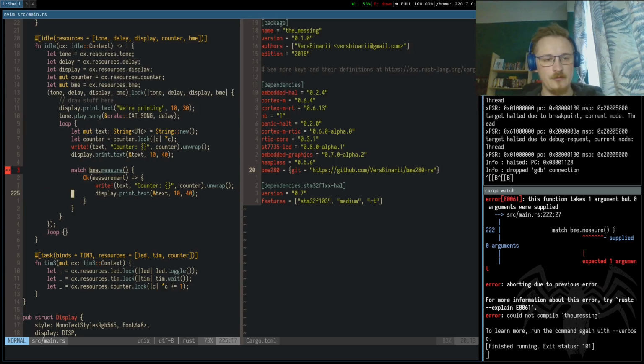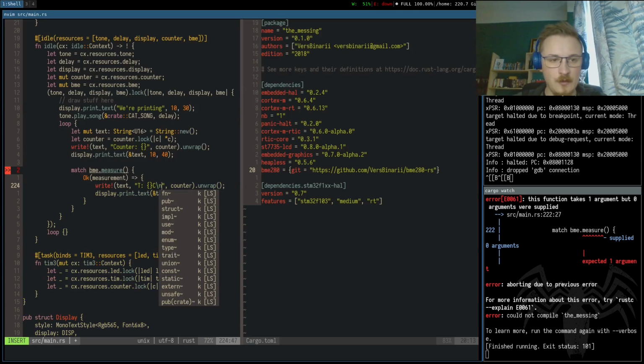We're just going to do this. Yeah, just maybe 10 pixels lower, so 50, and that's going to be our temperature in Celsius,